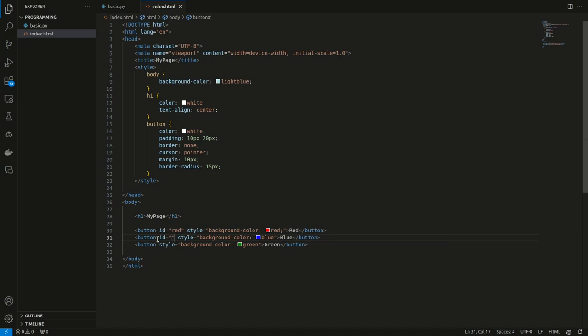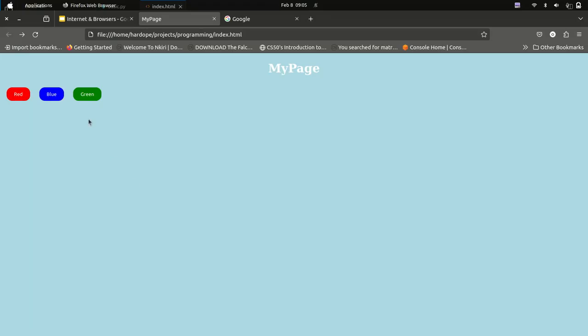You can select an HTML tag using the ID in JavaScript. So it's quite nice to use IDs. Let's say the ID equals blue, ID equals green. This doesn't affect what it looks like in the HTML, right? It's still the same thing, but this is just for JavaScript purposes.